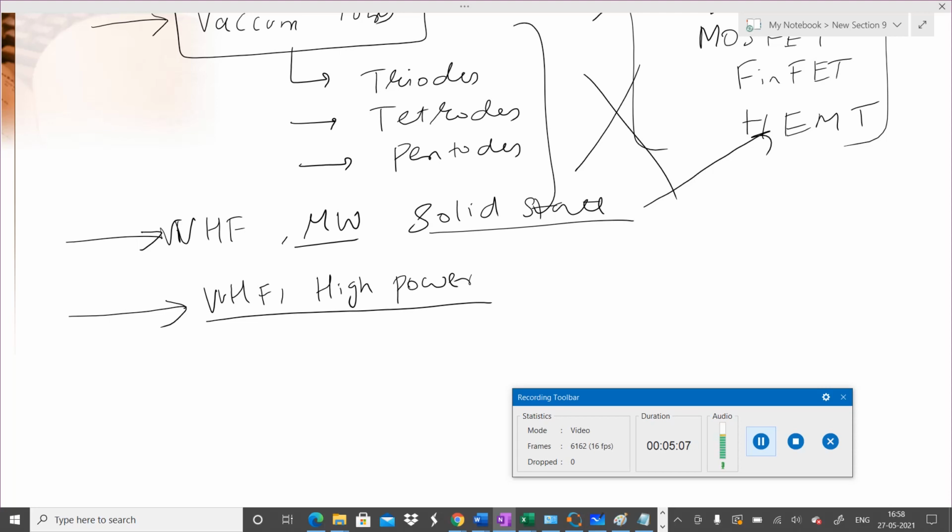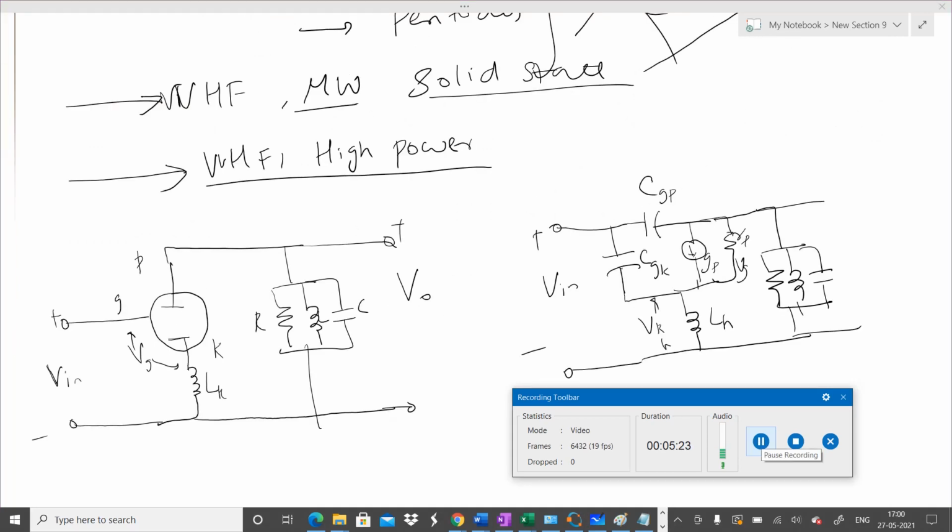So we will not go into detail of that, but I will just draw a triode equivalent circuit by which we can get some idea why we will not continue with conventional vacuum tubes in microwave, why we need something different, something non-conventional which can handle high frequency signals. So on the left hand side is the usual vacuum tube triode based circuit. So you can think of this as a transistor.